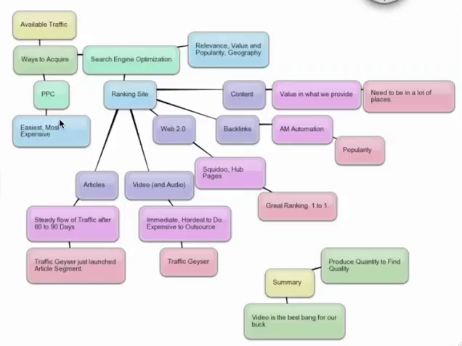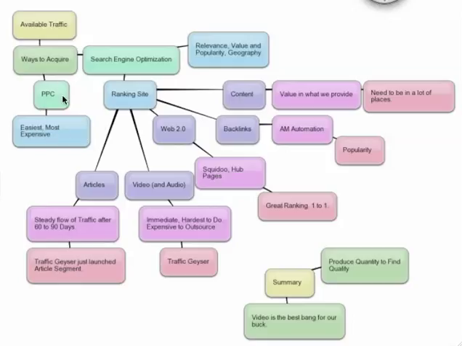Now, pay-per-click is the easiest way to do it. I could set up a pay-per-click campaign in a half hour and drive people to a website. The problem with pay-per-click is it's too expensive. We don't know the value of a customer at this point in time, so we can't just say, all right, to acquire 700 people, we know it's going to cost us $1 per person to get there. We spend $700 per day. We don't know what each customer is valued to us, so we'd run out of money testing it this way.